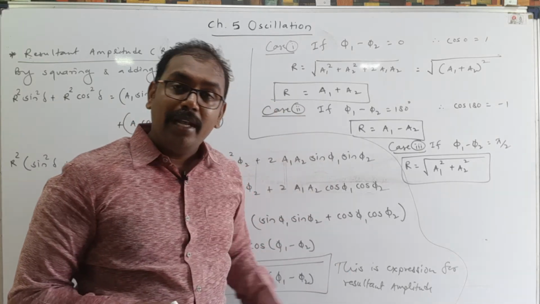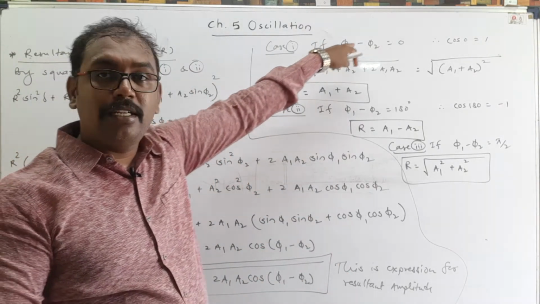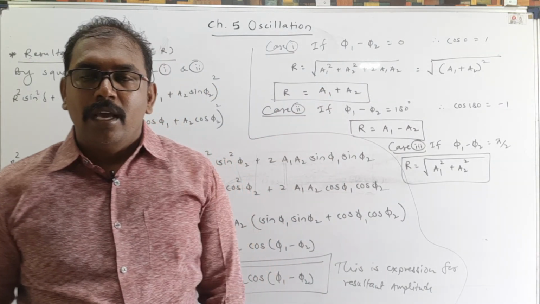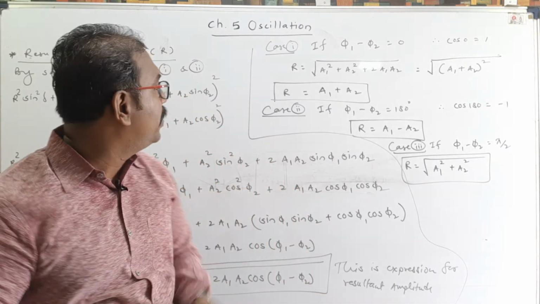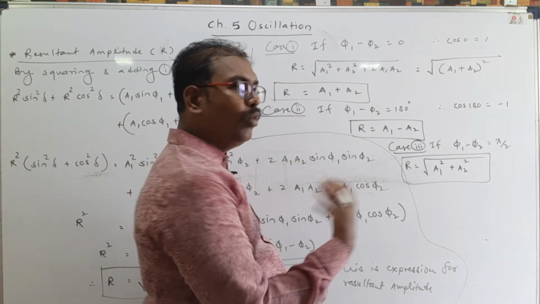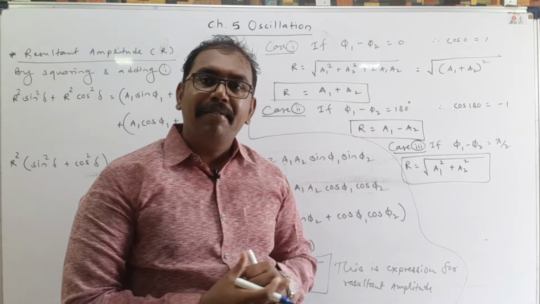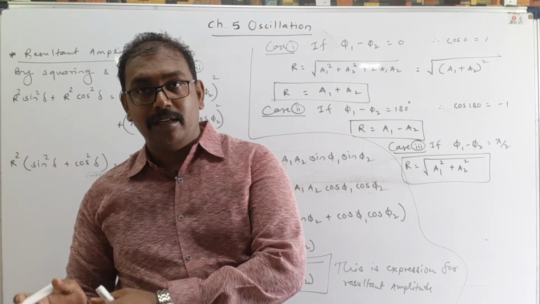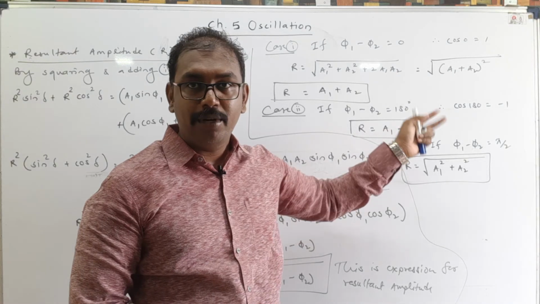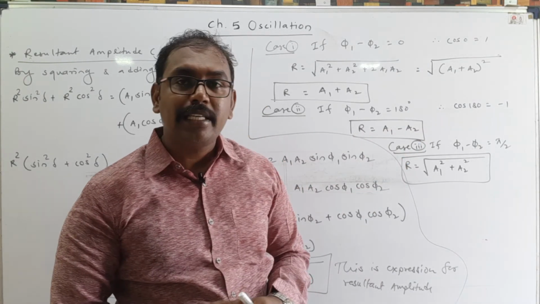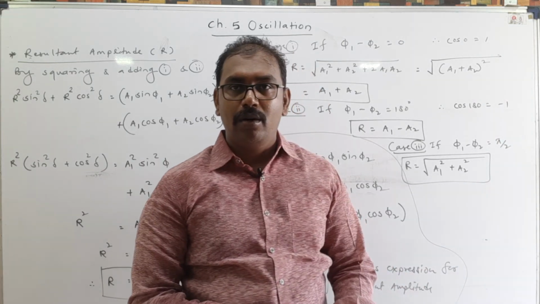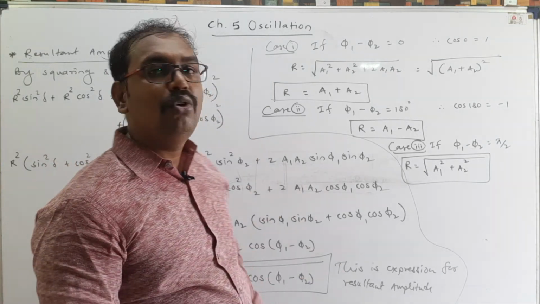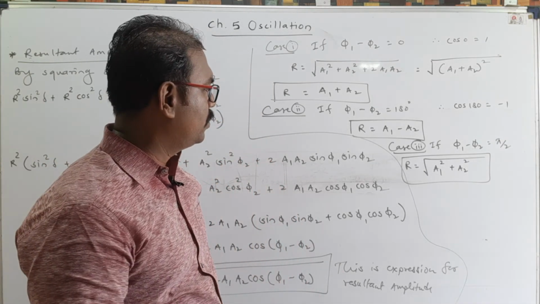Now here we learned three cases. When they are in same phase, meaning the phase difference is 0, the resultant amplitude is a1 plus a2. If both SHMs have the same amplitude, then the resultant amplitude is a plus a, 2a. If they have the same amplitude in opposite phase, then a minus a is 0, meaning one cancels the other. And for the third case with the same amplitude, under root a square plus a square, under root 2a square, so root 2 a we can write. So this is the resultant amplitude.